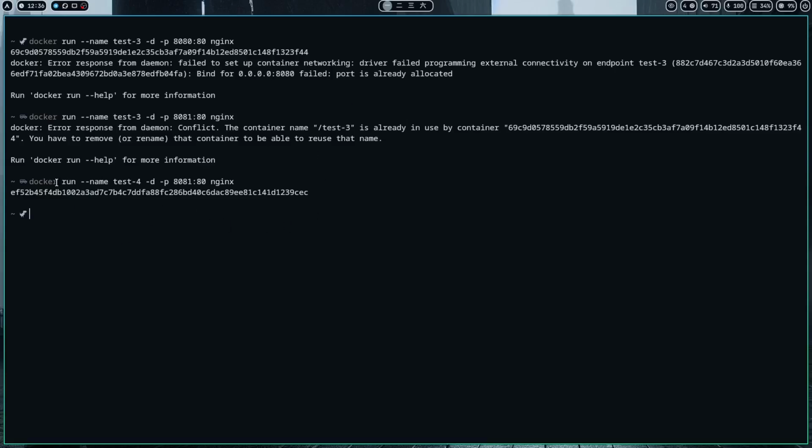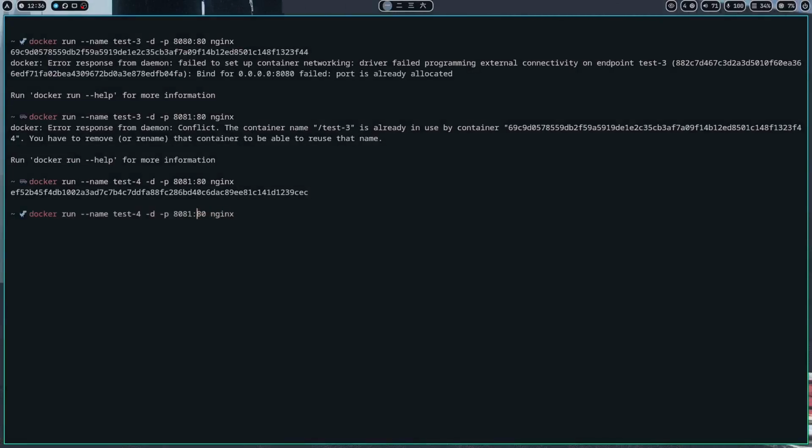This we will cover more in Docker networking, like how we can expose our application in multiple ways. But yeah, this is the basic you should know. Now here's one more cool thing: if you do not want to do this port mapping, you can simply give a capital P. With the capital P, Docker will randomly assign a port to your container. Okay, if I run this